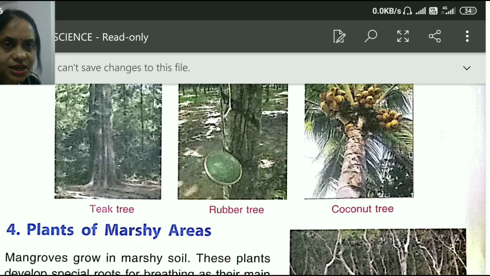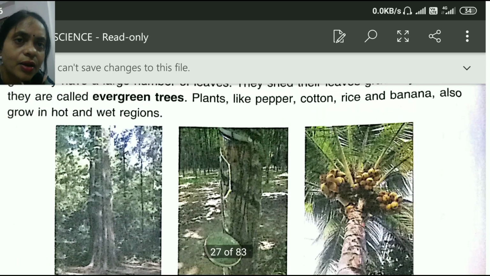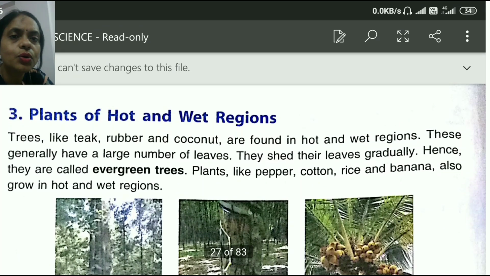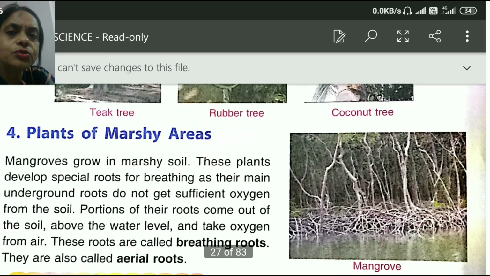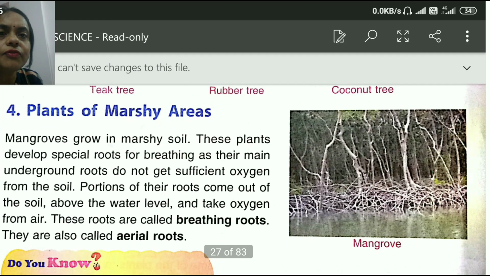So these trees need hot and wet areas to grow, and that's why they shed their leaves gradually and appear always green. So they are also called evergreen trees. Now let's go to the next kind of plants.